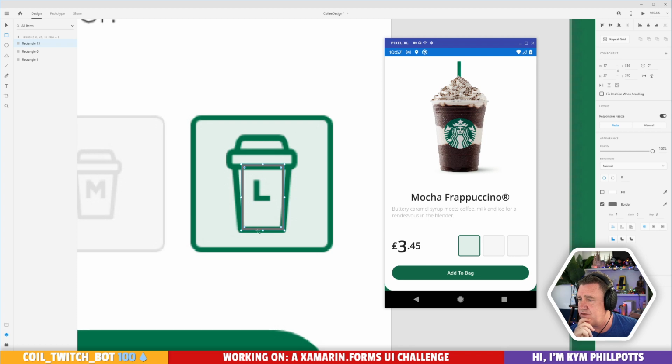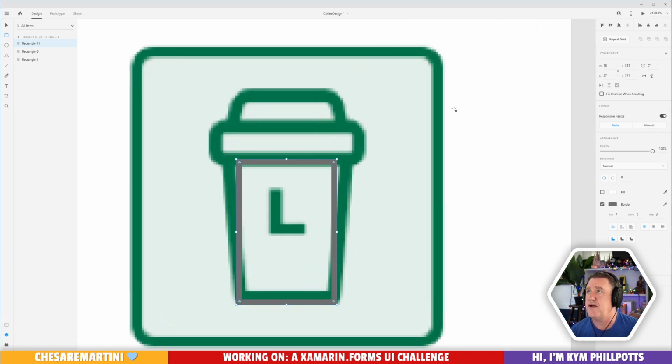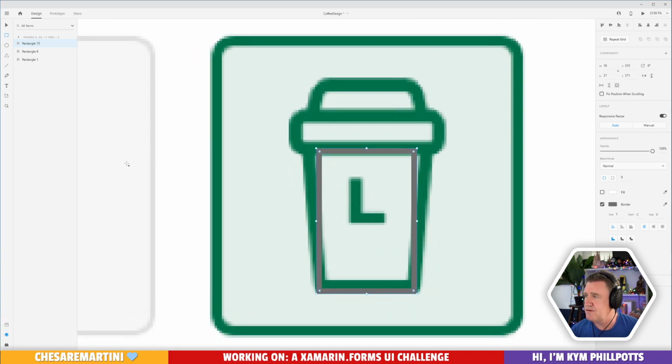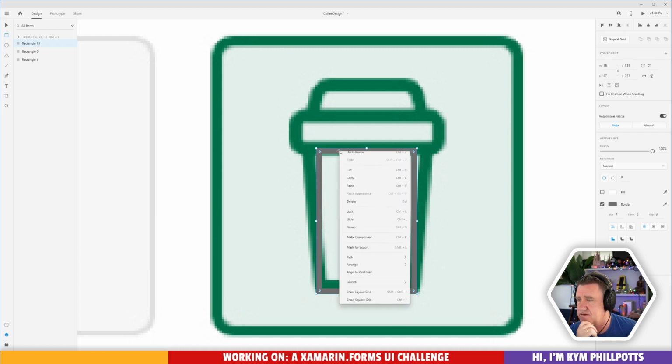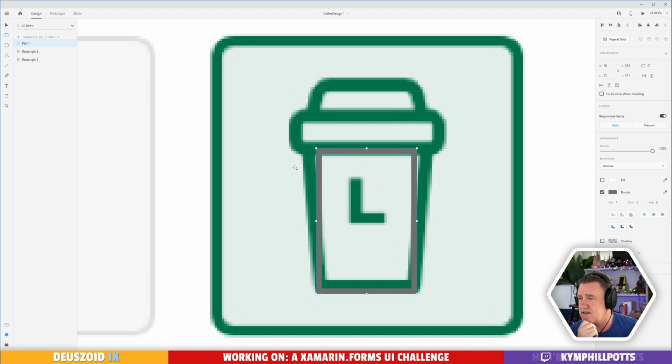Get rid of our fill there. All right, and then what we'll do, let's go and convert this to a path, because that should allow us to then come and select one of these individual elements here.